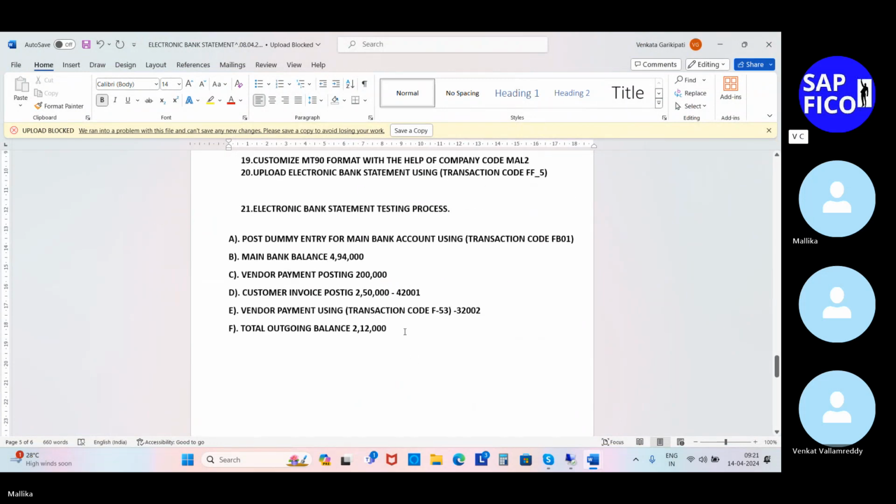So you can just put the 22nd point. The 22nd point is electronic bank statement interview process. Okay. When it comes to the electronic bank statement, what are all the interview questions that they are going to